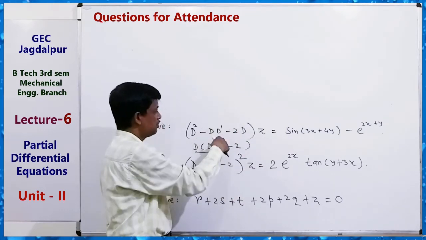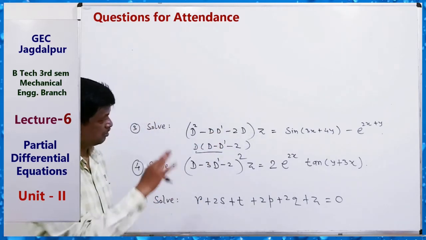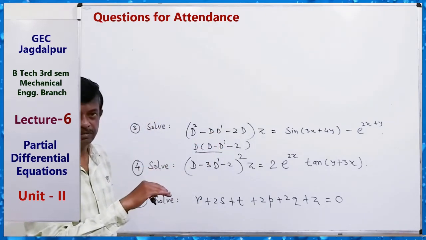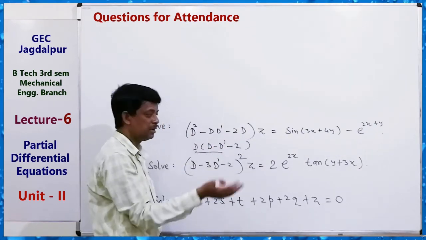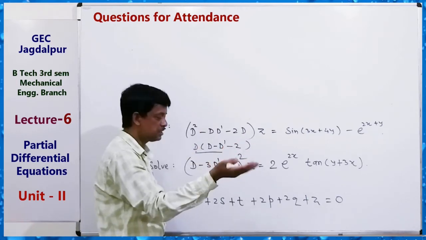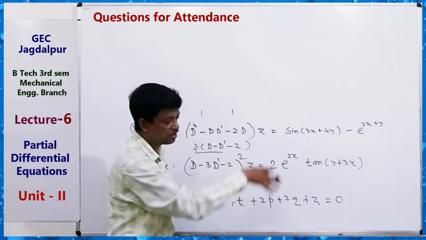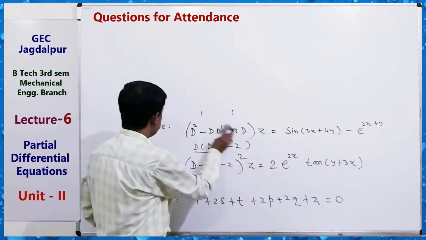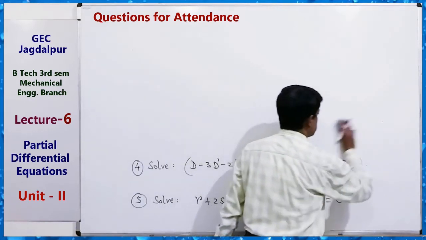So multiply in numerator and denominator. You can get factorization, and the numerator can vanish with respect to d and d dash, and there will be no d dash in the denominator, and only in the numerator you can apply sine. Okay, so you can get PI, and CF plus PI will be the solution.